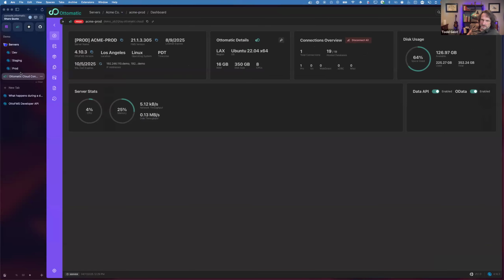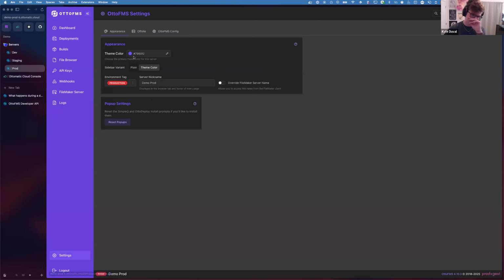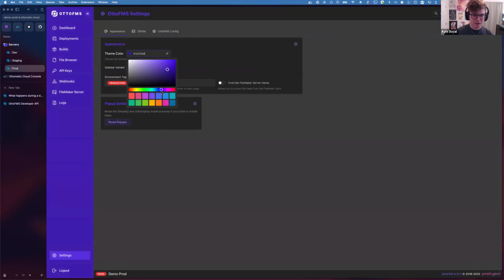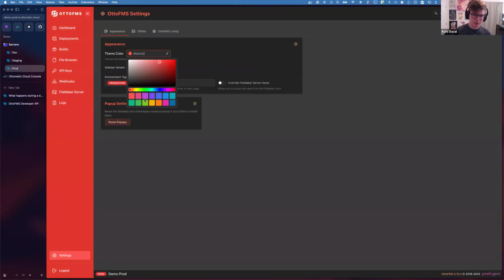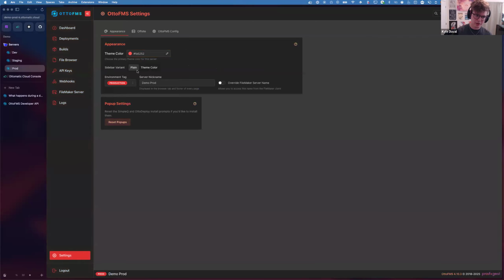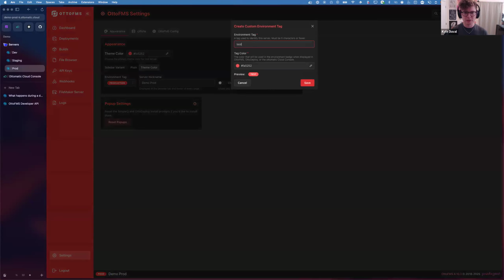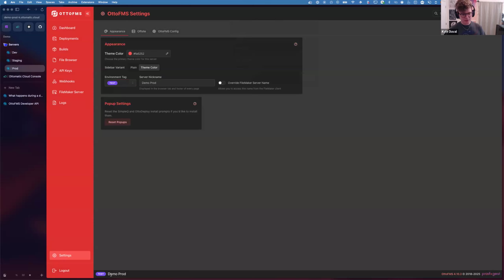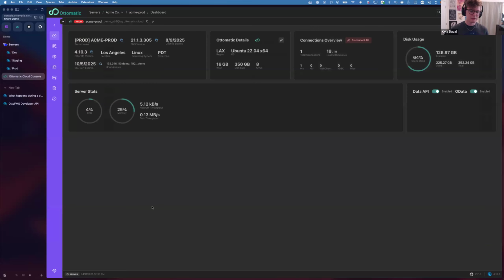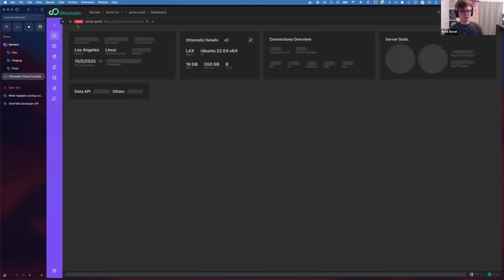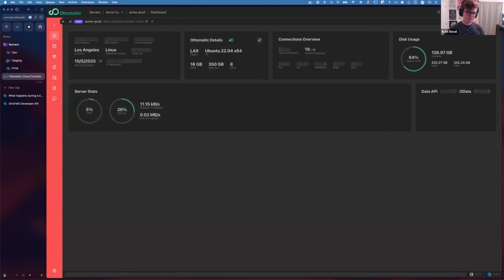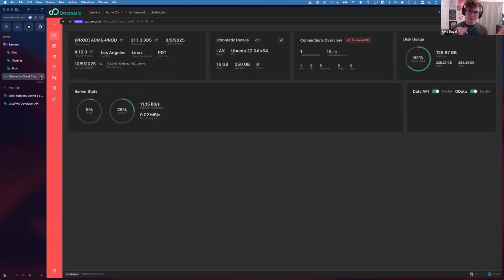Show them the settings for the themes. Yeah, so in the settings here, you can add a custom theme color. You can make it yellow. This is the prod server. We'll make it this nice purple color. I can change this. I can add an environment tag. So if you're like, oh, this is my test server actually, let's make my environment tag a nice purple. Then it shows test in here, and in the cloud console, this will update momentarily, probably if I refresh. This will also show test in the new color. So there's a bunch of server customization and organization you can do there as well.